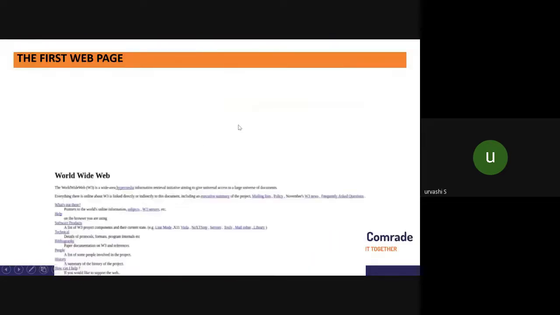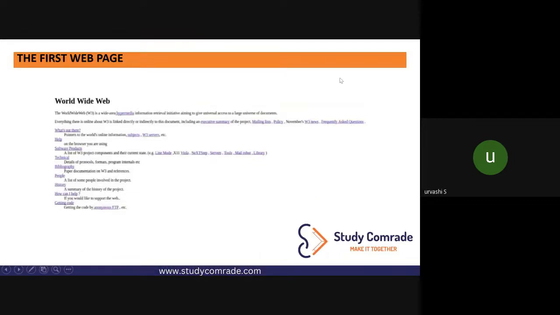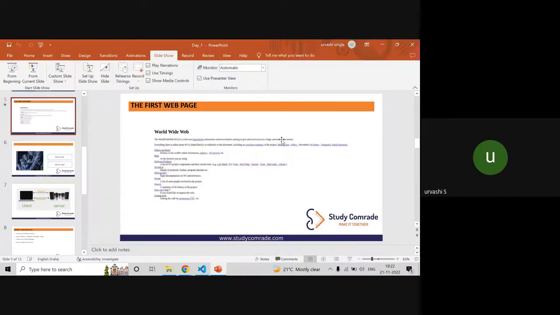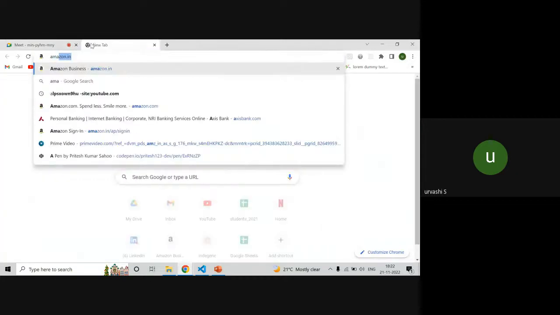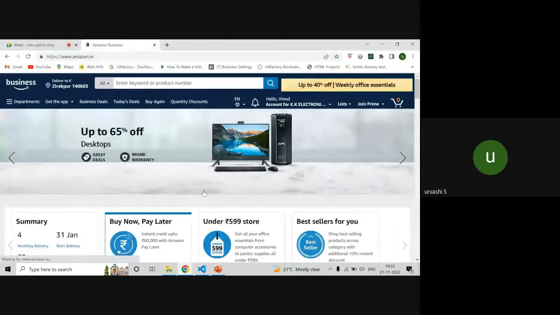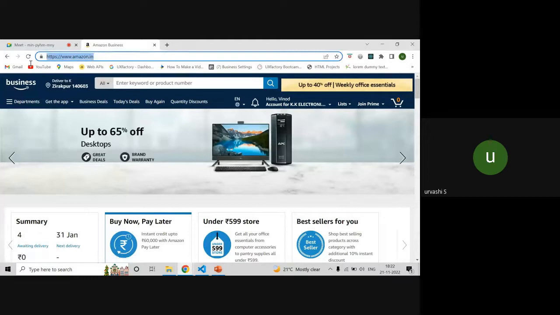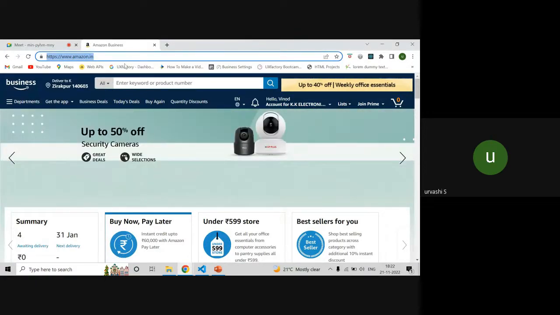And this is just for your knowledge. I added this slide just to give you a knowledge of how all this front end started and how websites used to look back then in 1991 and how they look now. And one more thing, team, your websites can be accessed through web browsers. Like Google Chrome is one web browser we have. This is the place from which I'm accessing this Google Meet, Amazon. Your websites are hosted on servers and we can access them through this place where you write the URL, uniform resource locator. So here you open your websites in the web browsers.